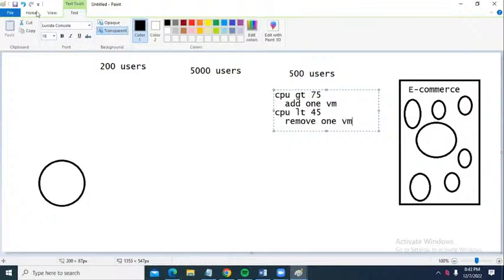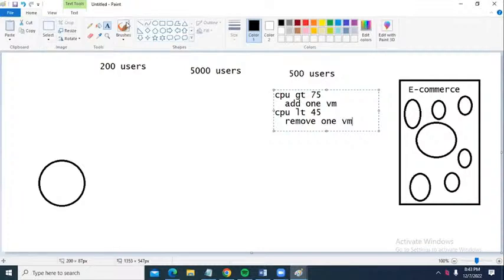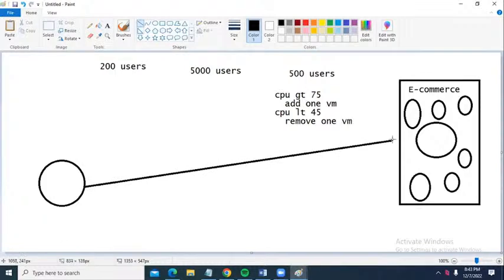And in case of an e-commerce application, whenever the festival season and the offer periods are completed, we have to remove the infrastructure. But is it possible in the data centers? It is not possible. Whenever there is a high demand, we have to increase the servers. And if there is no demand for the servers, there is no usage for the servers, can we return the servers? It is not possible.